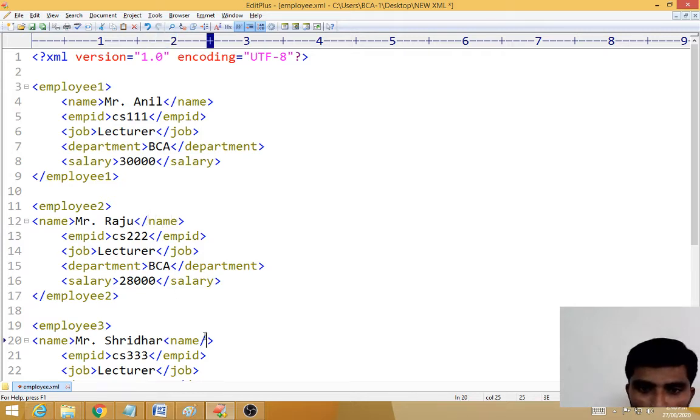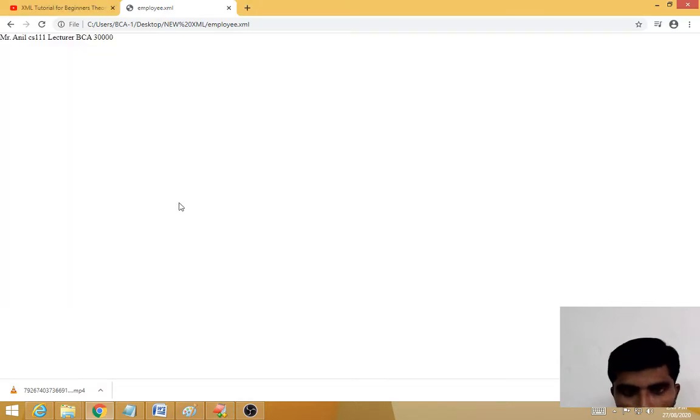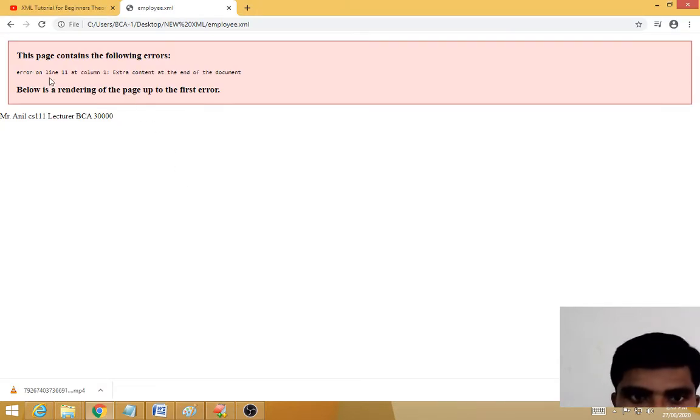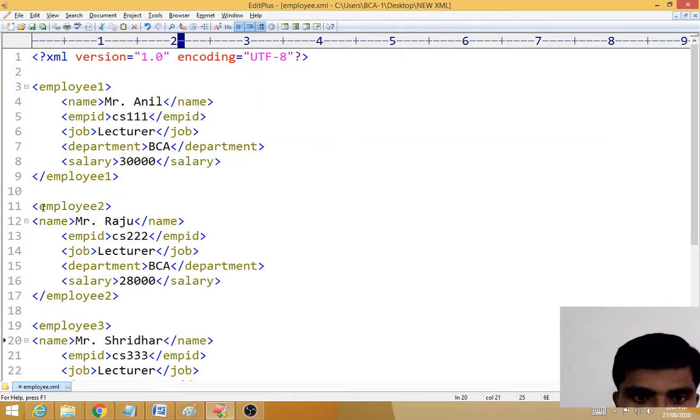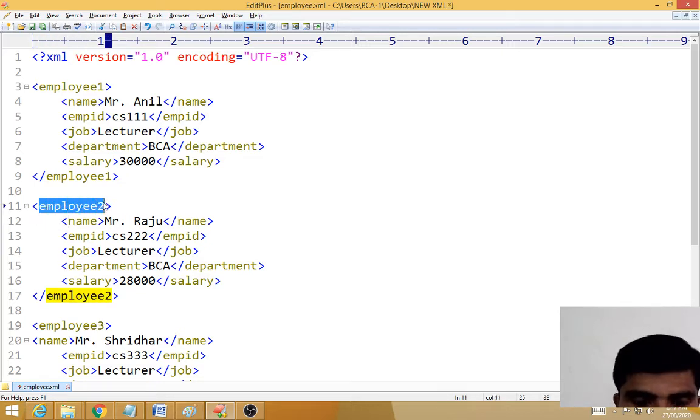So when you make it like this, it gives an error. Then again you have to check employee ID close, job, department, salary, right? Then again one error, line number 11, column 1, employee 2. Where is the error, employee 2?